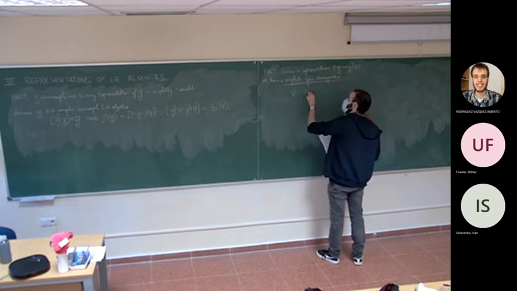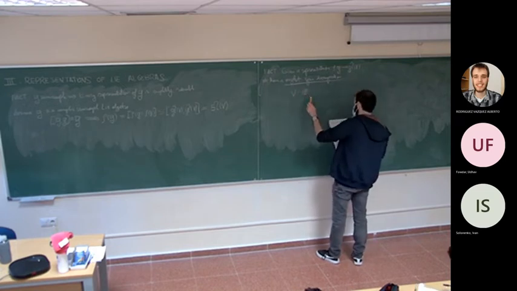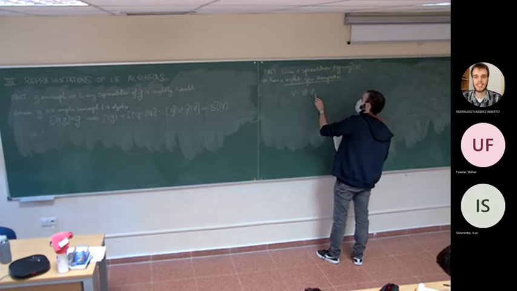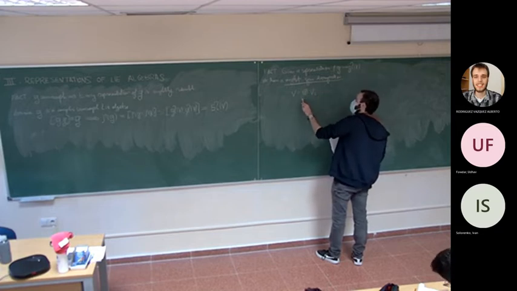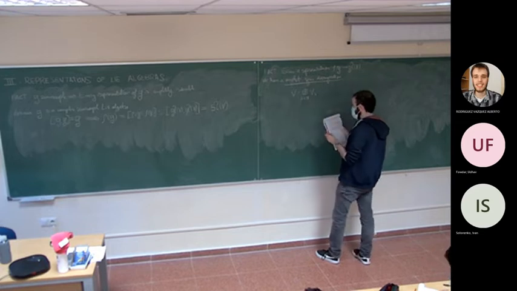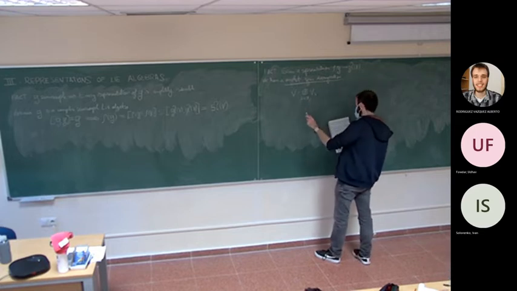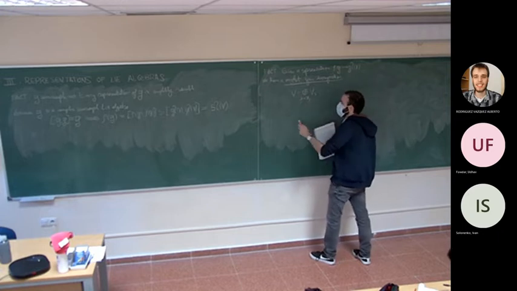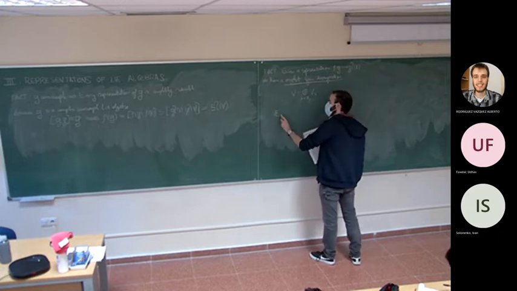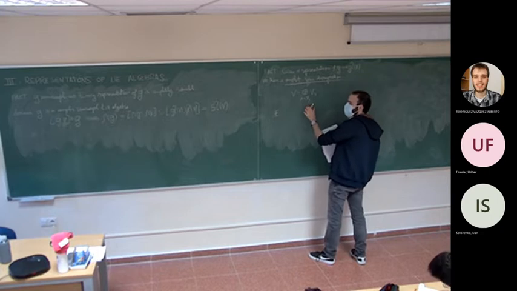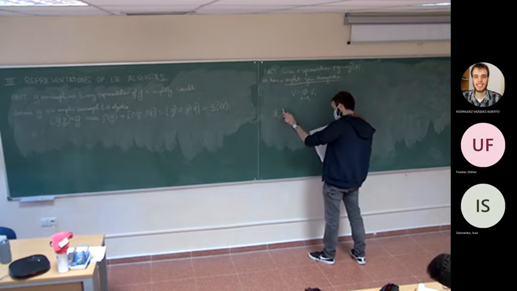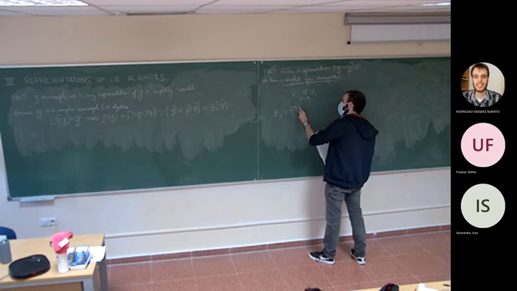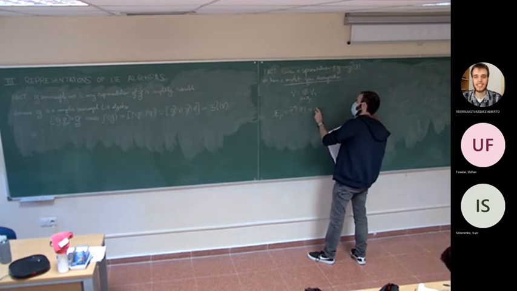V is going to be equal to the sum of some spaces V lambda, where lambda are elements of the dual space. So they are in this set phi of rho is given by